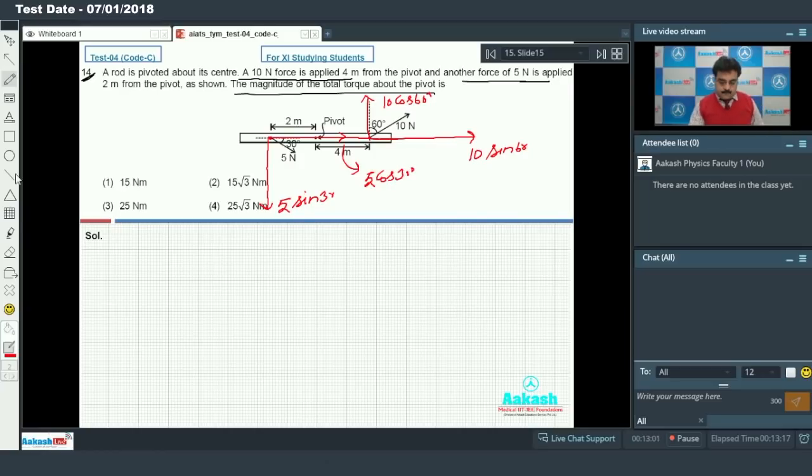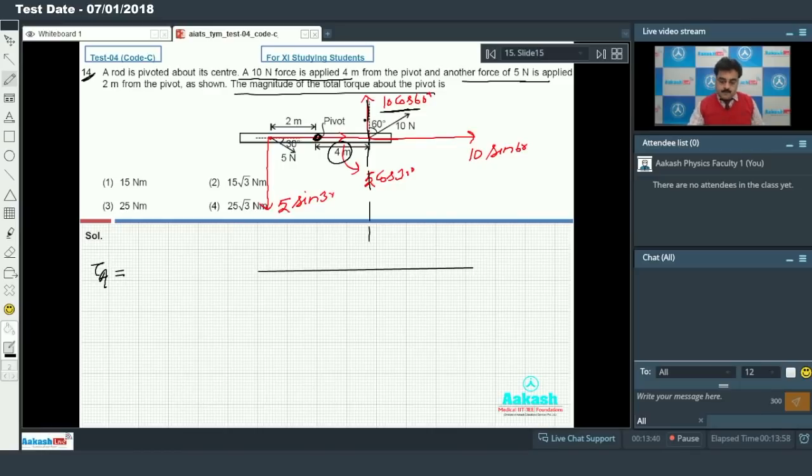So these are the forces, but I need to calculate torque. First I am going to calculate the torque about point A. First I need the force and the perpendicular distance. So the force is 10 cos 60, and this is the line of action. If I draw a line along the direction of 10 cos 60, that is called the line of action. I am going to calculate the torque about this pivot point, and this distance is 4 meter,